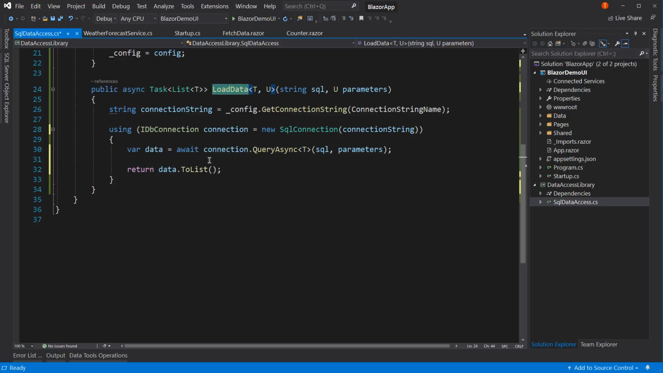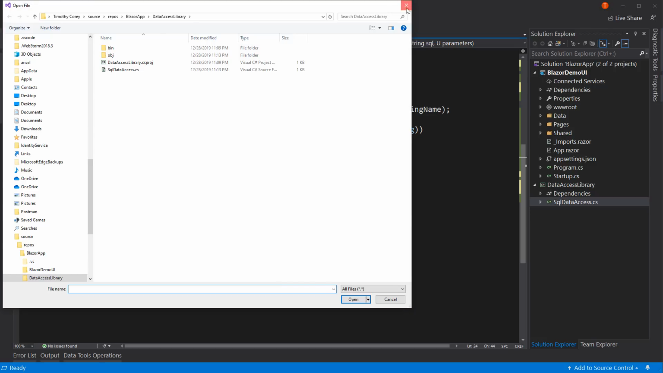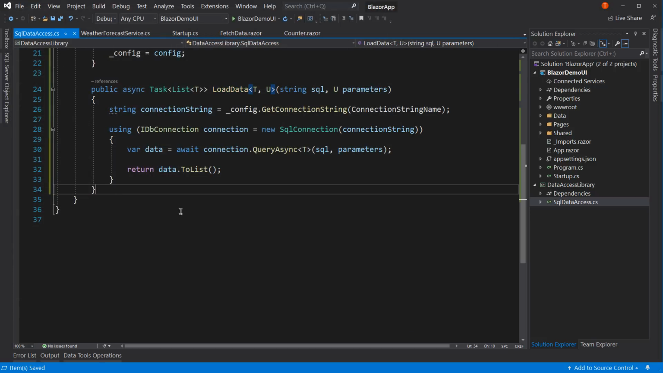So this is our LoadData. This is all you have to do to load data. We're not going to do stored procedures, just regular SQL statements, really quick and easy little statements. Oops, not open, save. Now,